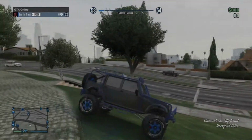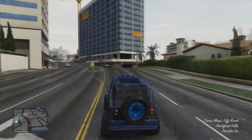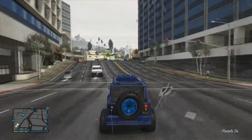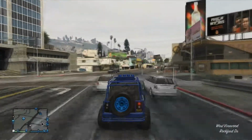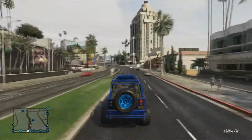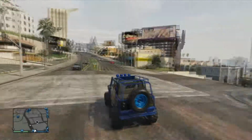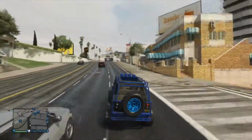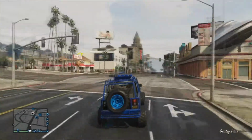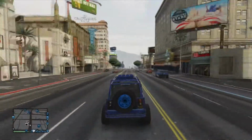Alright, so the next vehicle that I'm pulling out of my garage is the Mesa. It's the Canis Mesa, I think that's how you say that. If you don't know, this is the car that the mercenaries drive around, the Jeep. I like the way it looks. It's pretty fast once you upgrade it. Mine has turbo tuning and a couple other upgrades on it. I'm not going to go through the whole list. But it looks nice with the spare tire on the back, and the color of the tire changes when you change the rim color. Only thing I wish happened was it would change the rim too, because as you can see it doesn't match the rest of it, which is fine. I'm not that picky, but